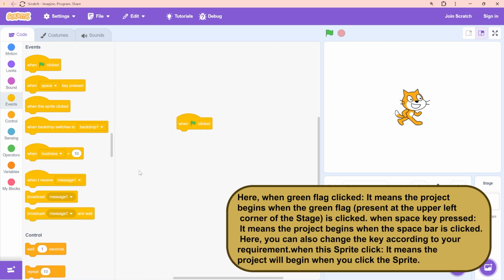Here, when green flag clicked means the project begins when the green flag, present at the upper left corner of the stage, is clicked. When space key pressed means the project begins when the space bar is pressed. Here, you can also change the key according to your requirement. When this sprite clicked means the project will begin when you click the sprite.